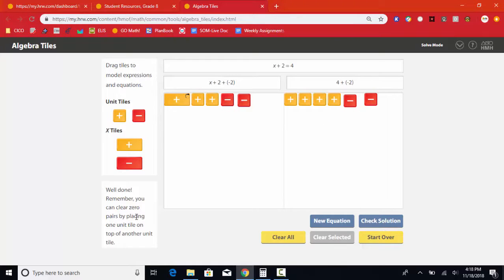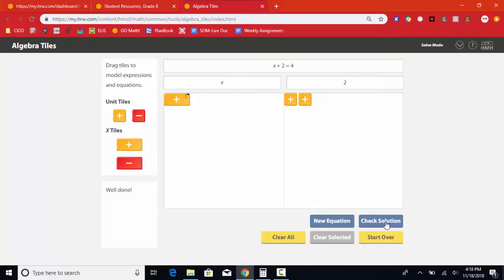Well done. Remember, you can zero pairs by placing the units on top of each other. So if I place them on top of each other, they're gone. Well done. X equals 2. Now let's do a new equation here. New equation will give you a new equation up at the top. And this is just a way of practicing